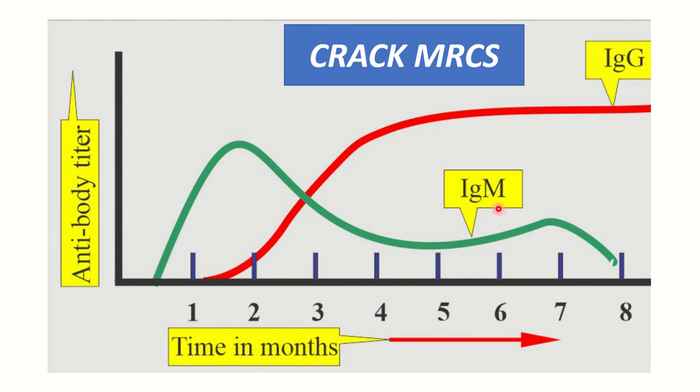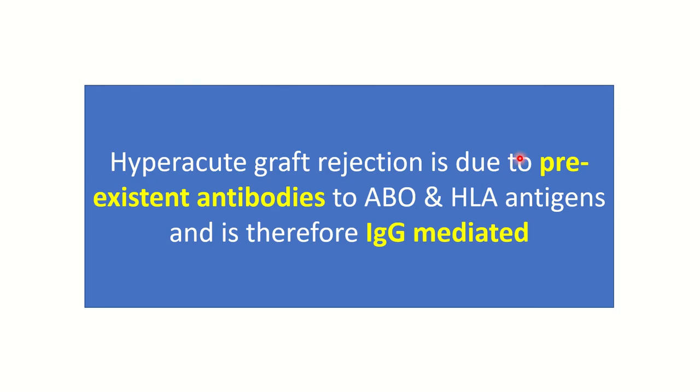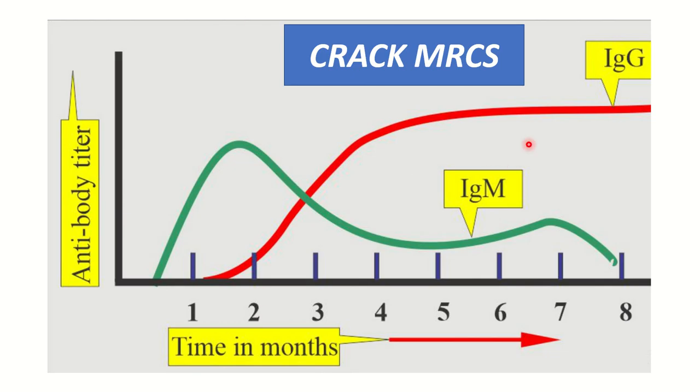On the other hand, IgM starts its function immediately after any inflammation, but it persists for a certain period of time and then it ends. But IgG starts its function or starts growing after a time, but when it is present, it persists for a long time. So in this case,